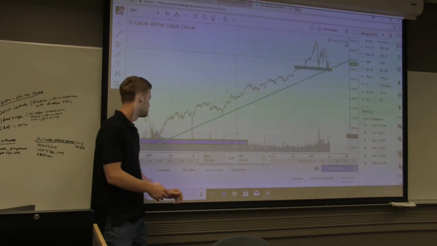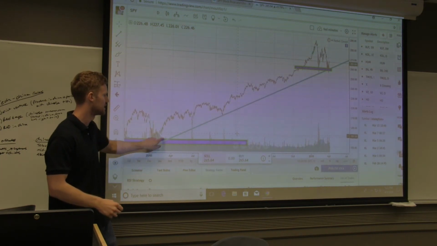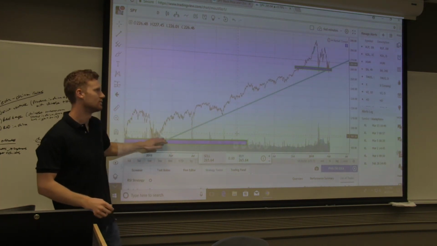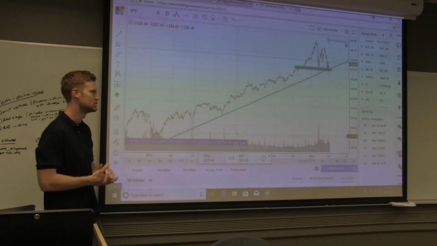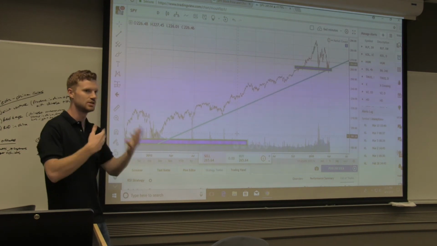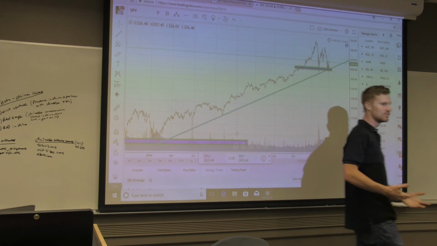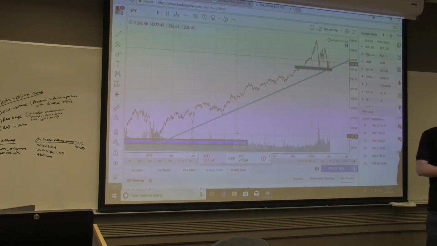I'm not interested in these small intraday movements. I'm interested in catching massive moves like this, where you hold it for maybe a year, two years, depending on the position, depending on the stock. Once momentum starts to switch, I'm going to look to exit my position. Now there are tons of strategies. The way that I do things isn't the only way to do things. You can make a lot of money using a lot of different strategies, but this is what works for me